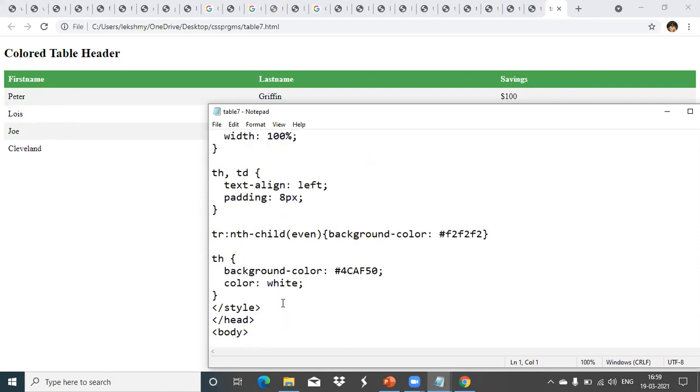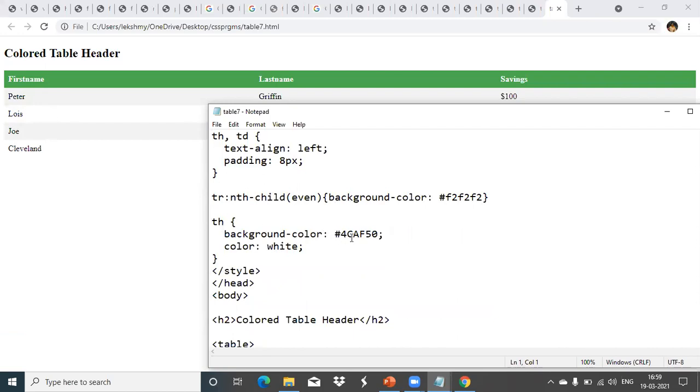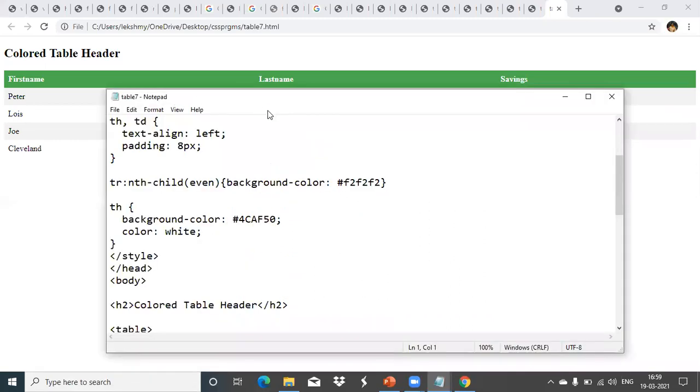Okay. And this is for heading. We have assigned the background color like this and the foreground color given as white. Any doubt in these things? Clear table? Okay, fine. So now you know how to arrange your tables. So all those things you have to try.